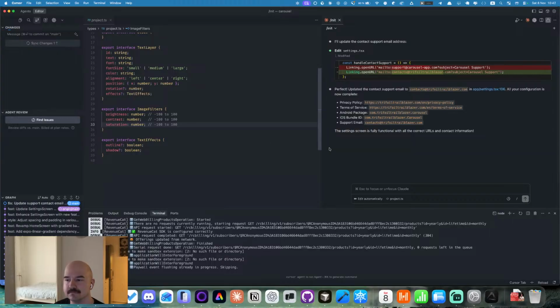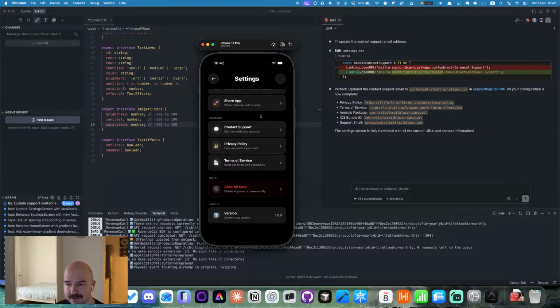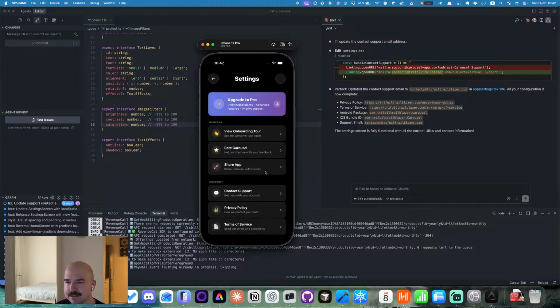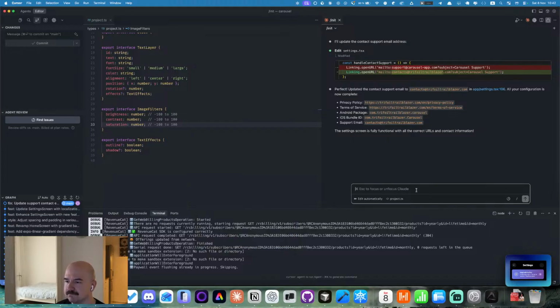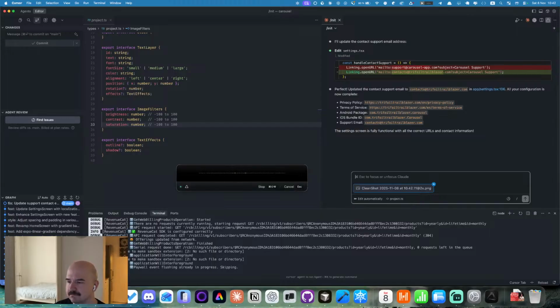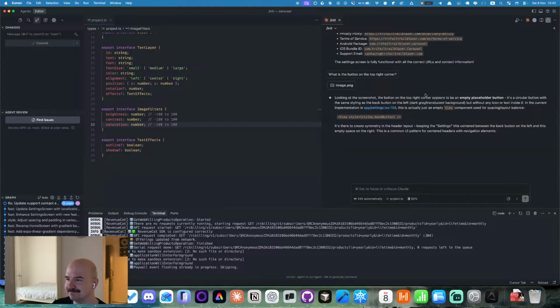So let's see what we have here. What is this button, by the way? I don't know. What is the button on the top right corner? And why is it empty? Maybe it is a check mark.